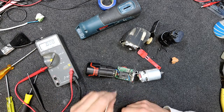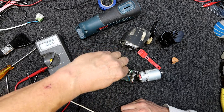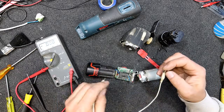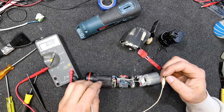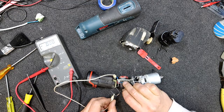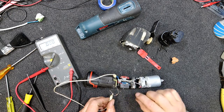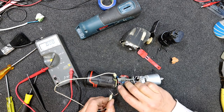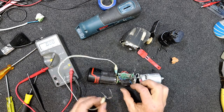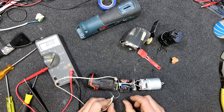Let's see. Don't think I'm going to be able to connect to that very well. That's got it. Did have it. Was that the negative side? That should be the negative. Let's hook to that. And nothing. Oh, there it goes. So maybe that's a cure, a 15k resistor. Seems as long as it's got a momentary connection there, it will run. But once it's fired, it doesn't want to...